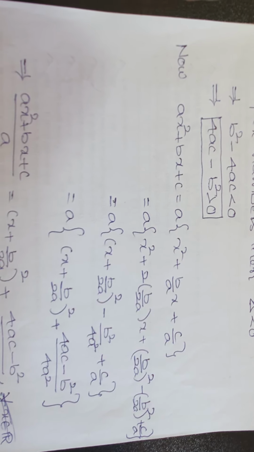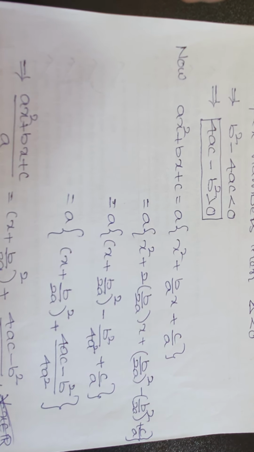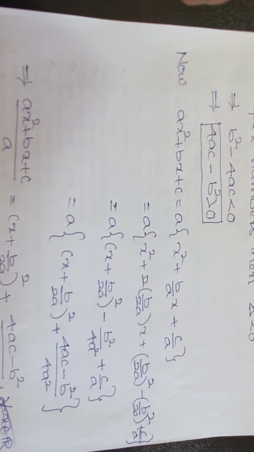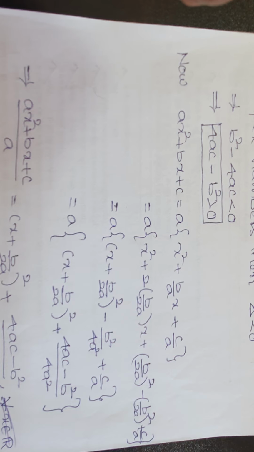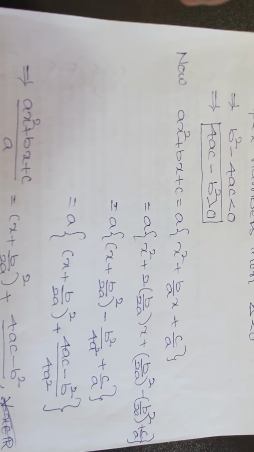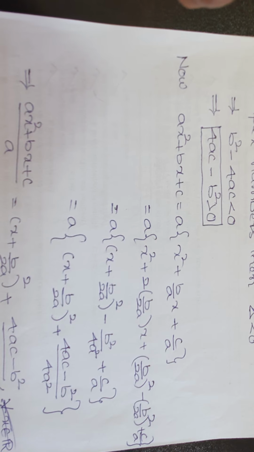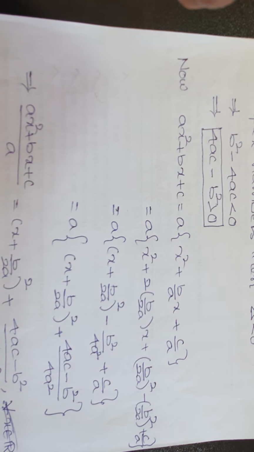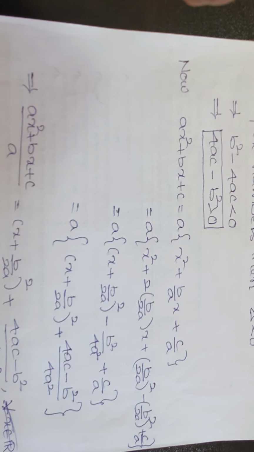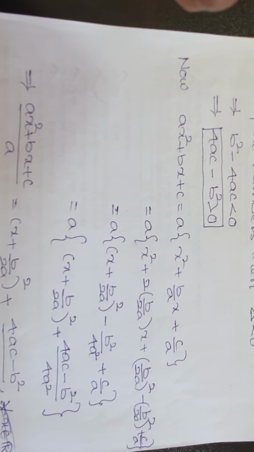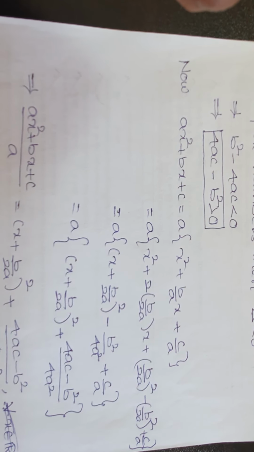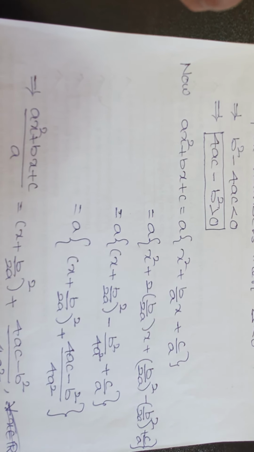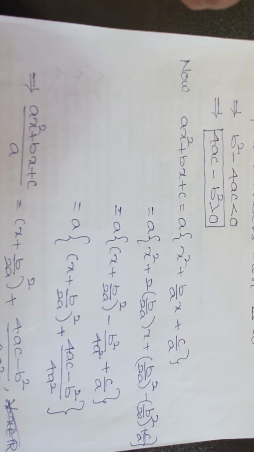Now you observe the first three terms in the bracket. They are in the form of a square plus 2ab plus b square. According to the formula, it can be written as x plus b by 2a whole square. What are the last two remaining terms? Minus of b by 2a whole square plus c by a. They can be expanded as minus b square by 4a square plus c by a. In the next step, the LCM of a and 4a square is 4a square, and the numerator is 4ac minus b square for the last two terms of the bracket.